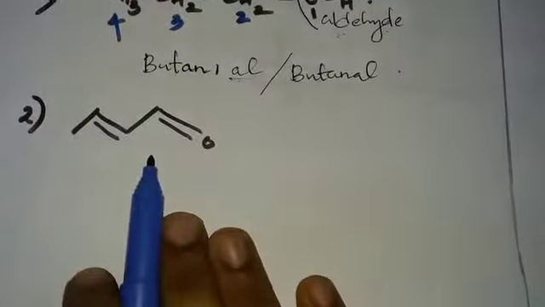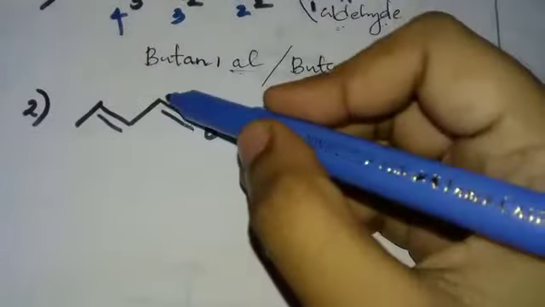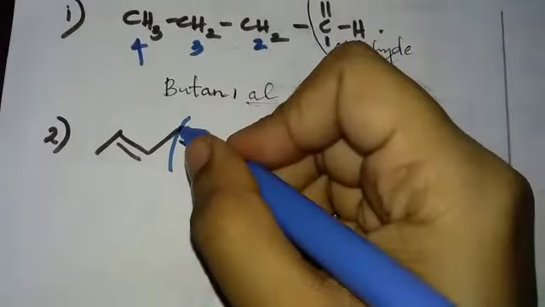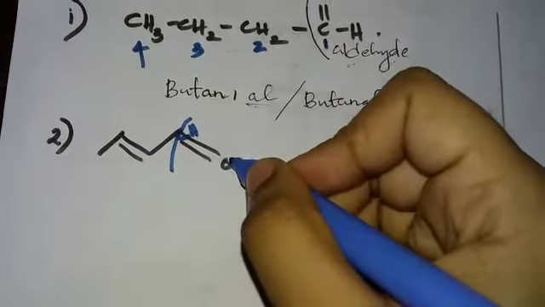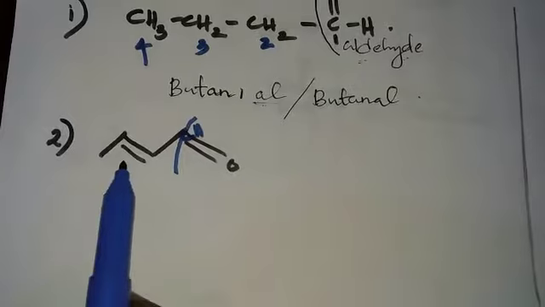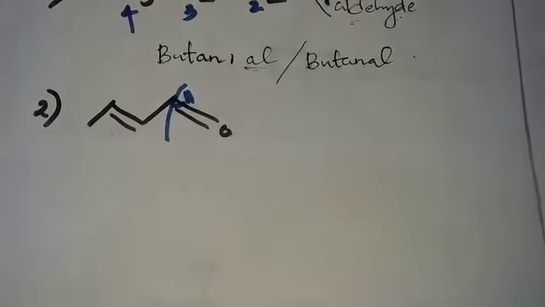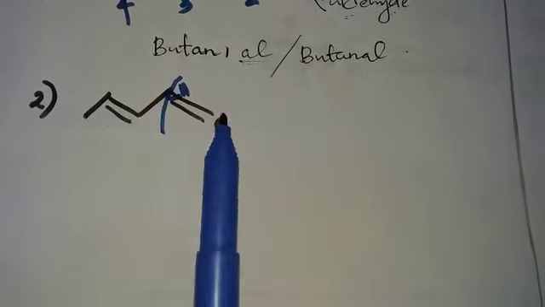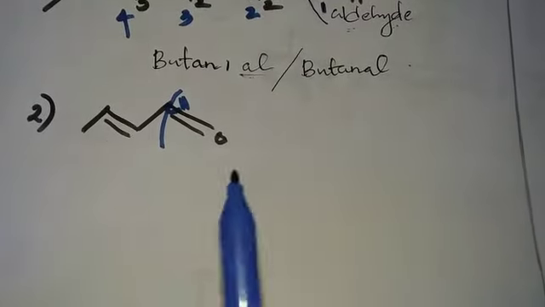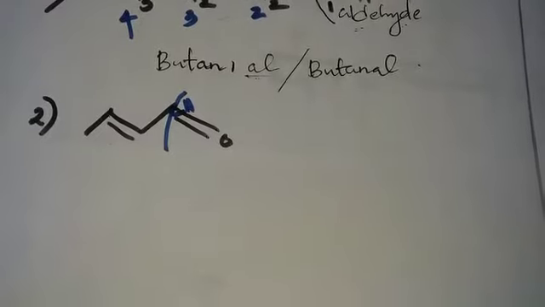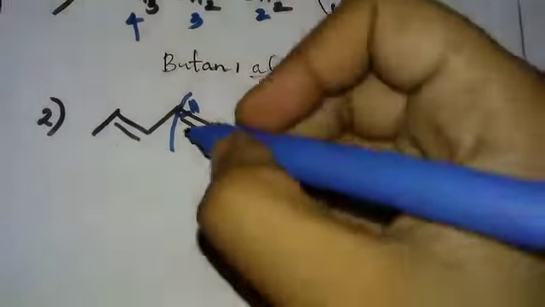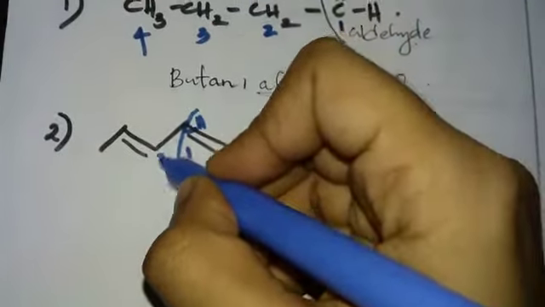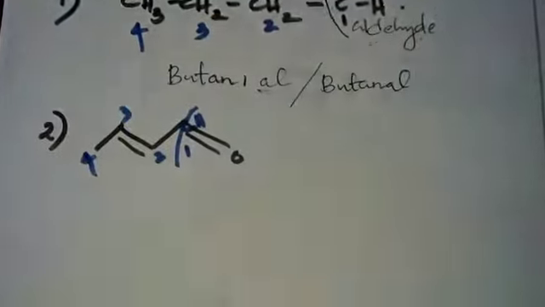This is the next question. Look, students, this is also a functional group. Which functional group is this? This is CHO. Here is a double bond and here is the functional group CHO, that is the aldehydic group. When compared to a double bond, the aldehydic group has more priority. So we have to number from the aldehydic group carbon: 1, 2, 3, 4.